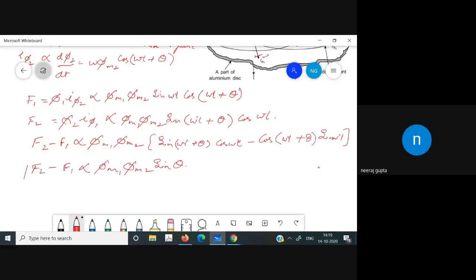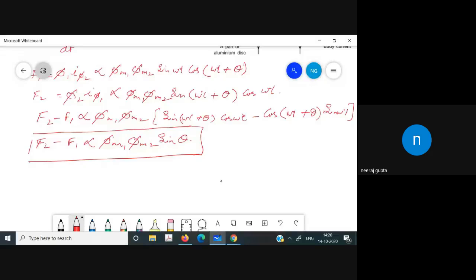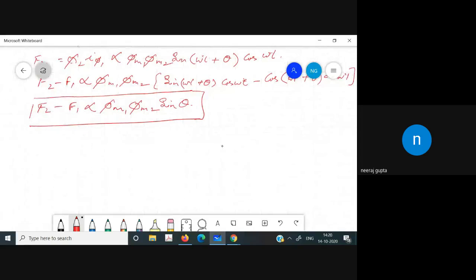So this is the final expression. Now, from this expression, certain conclusions can be drawn. Now, the first conclusion from this expression is that some conclusions can be drawn from this. Now, first conclusion is that